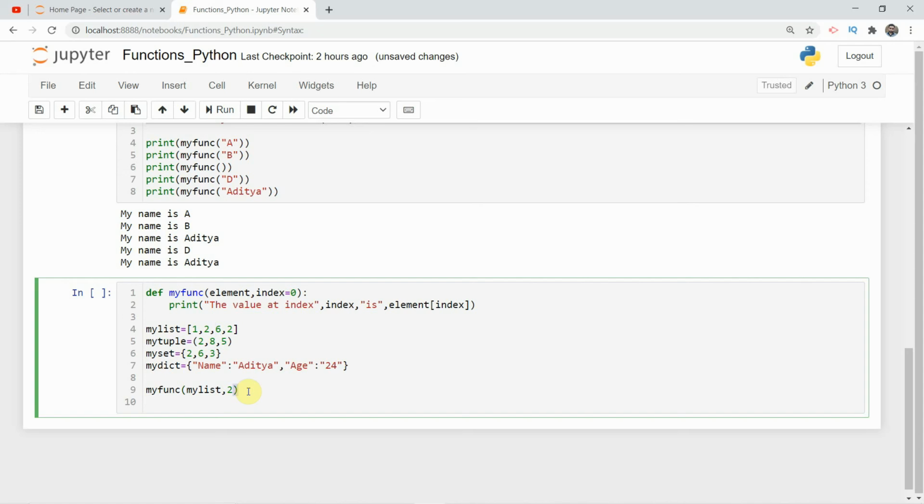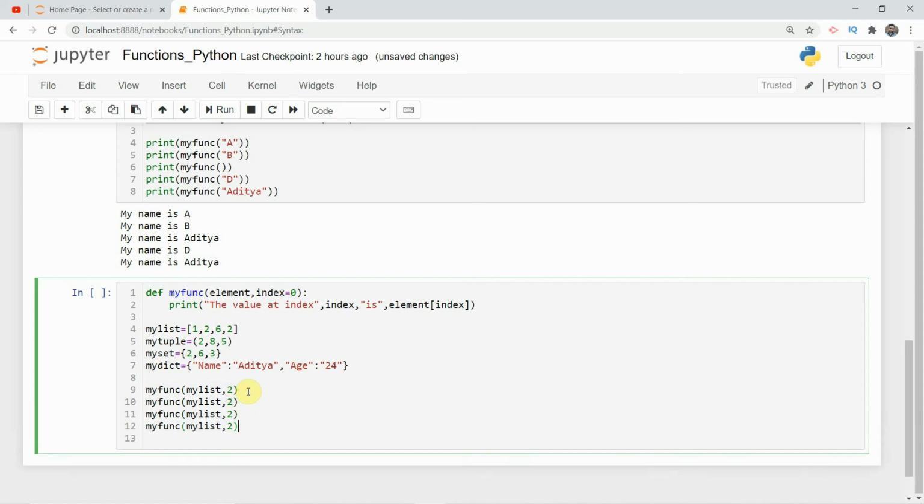Now let me just copy this code, and then I want to pass my tuple and I want to get the first index. Okay, so it will say that the value at index 1 is 8. Then I'll pass my set,